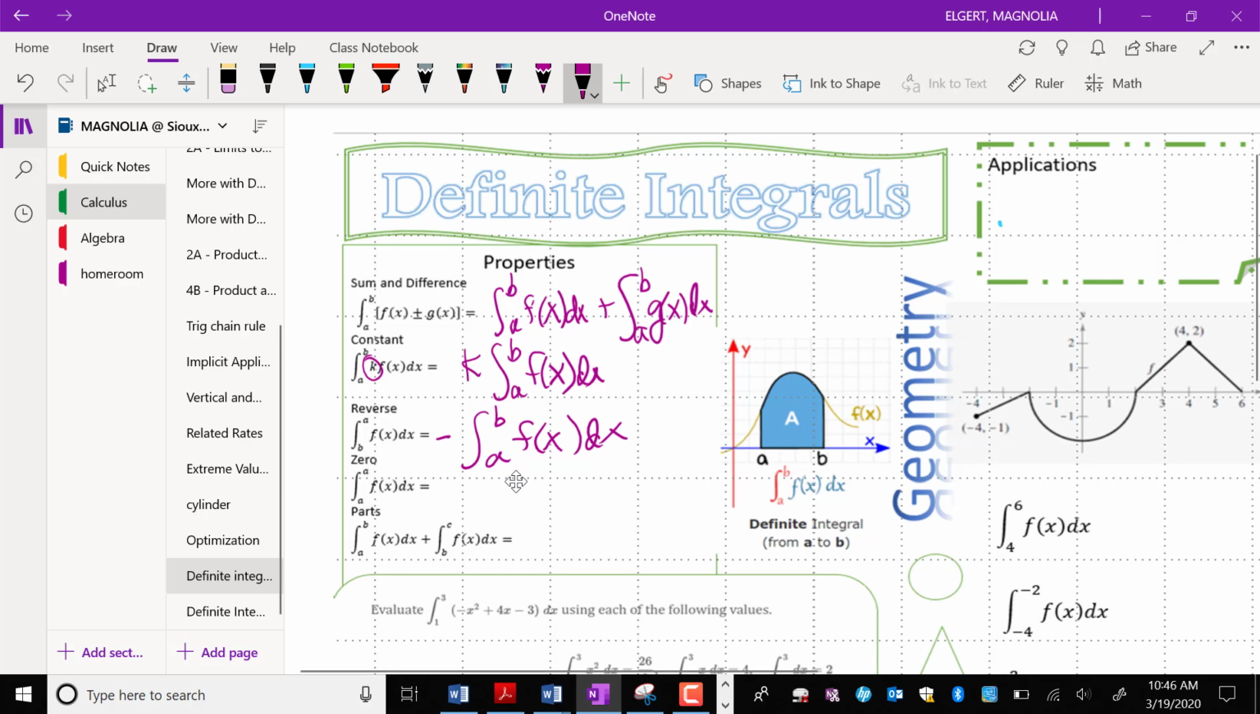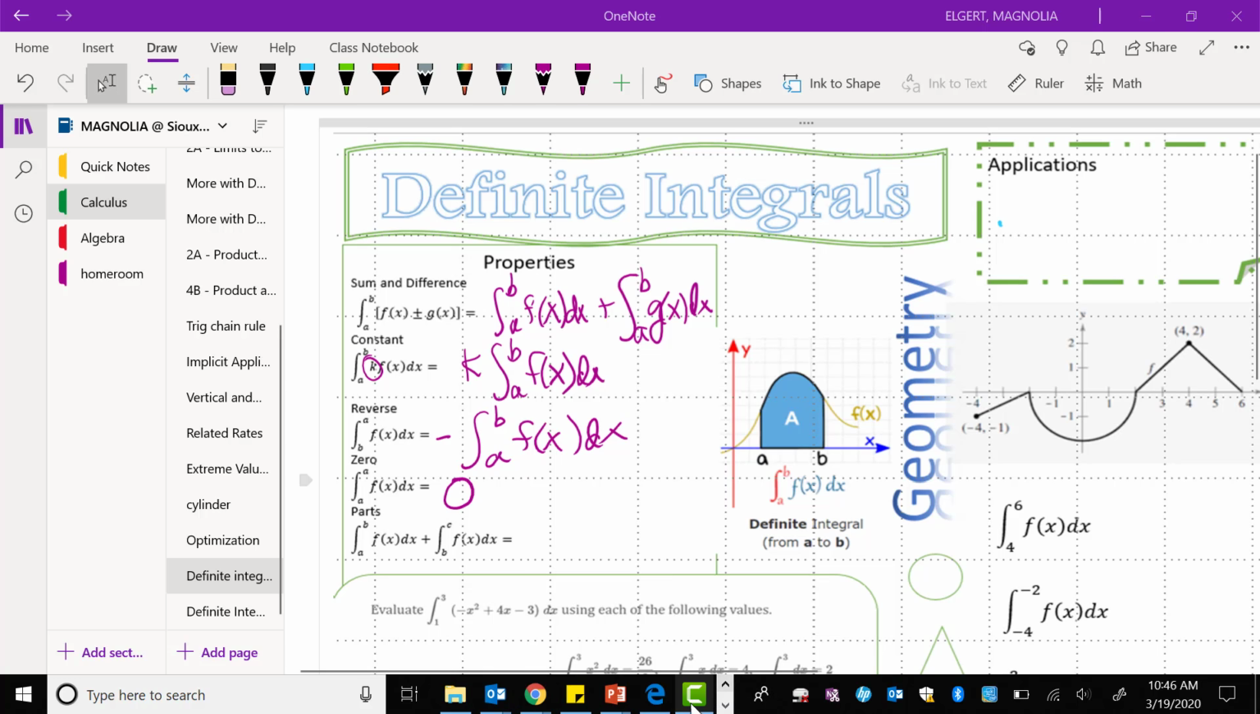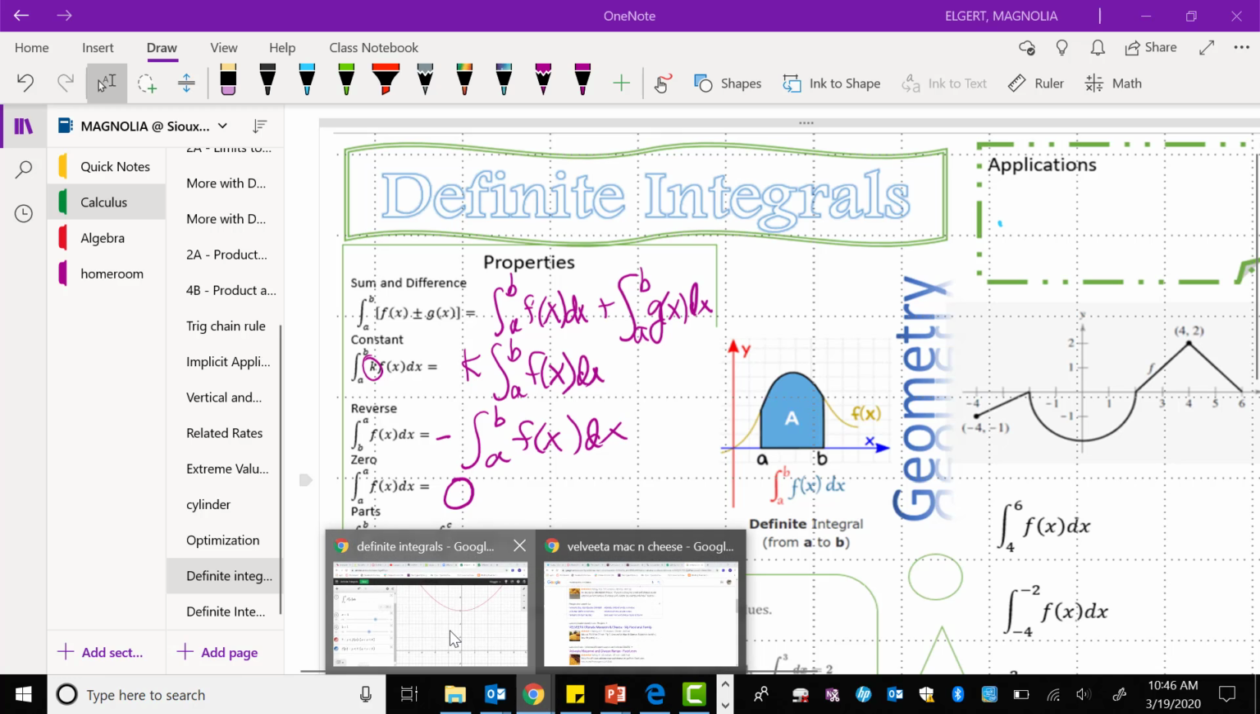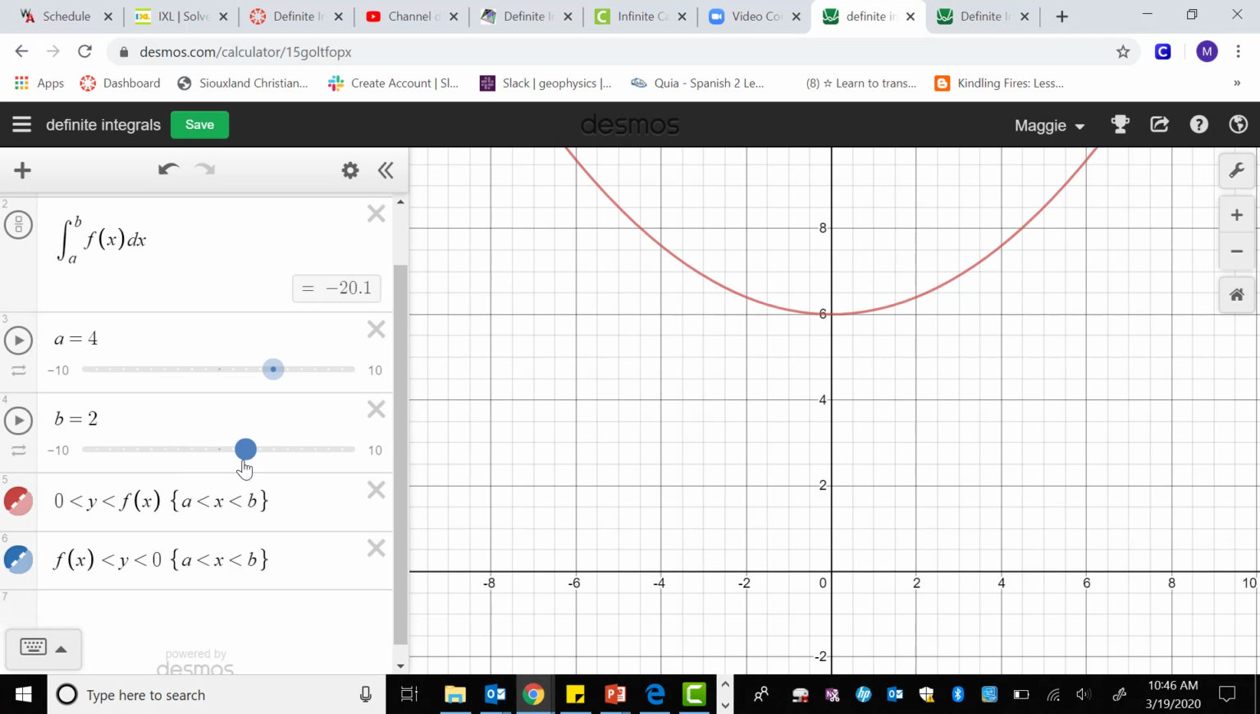The next one, the 0 one, is really easy. If you have a and b, your limits are the same, it equals 0. I think I probably went through it pretty fast, but right here, if I change both of my a and my b to the same number, look at my area, it's 0. Notice there's nothing there when I have the same number. So there's no little triangles or rectangles or trapezoids underneath there. Okay, so if we go back,